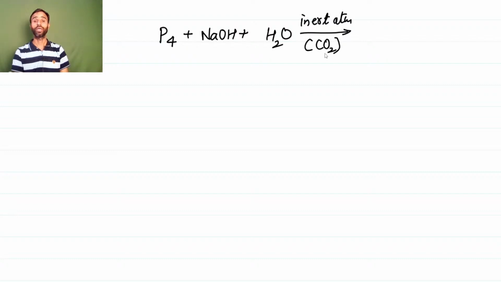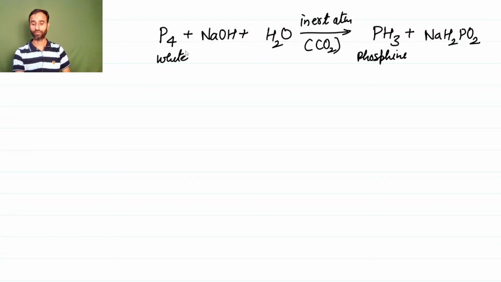Inert atmosphere of carbon dioxide, it leads to the preparation of phosphine along with sodium hypophosphite, NaH2PO2. Means we get phosphine. This is white phosphorus. White phosphorus, when reacts with boiling sodium hydroxide in an inert atmosphere of carbon dioxide, we get phosphine and